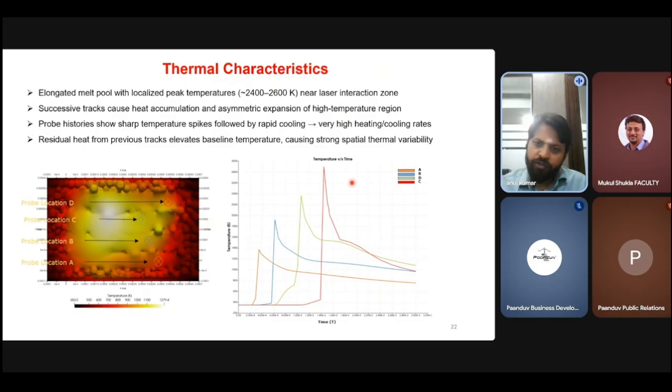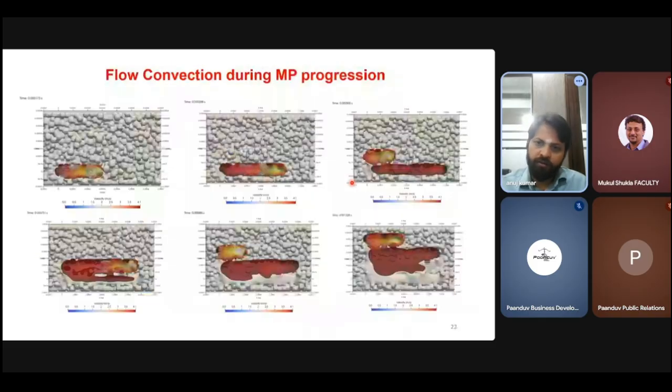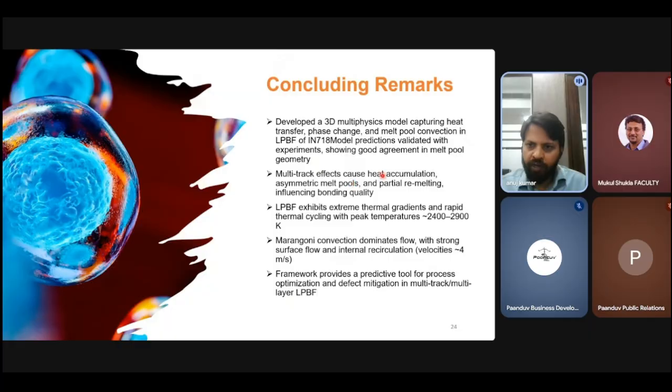But when you simulate multi-track modeling, you can have certainty around that heat accumulation. You can predict the nature of thermal gradients, which will definitely direct the microstructure to follow. You can have internal circulation or surface flows, and you can decide a definitive framework to predict the multi-track, multi-layer